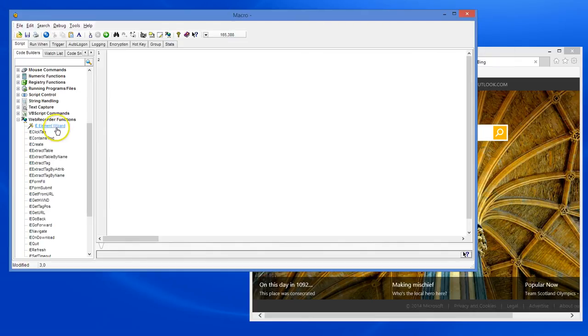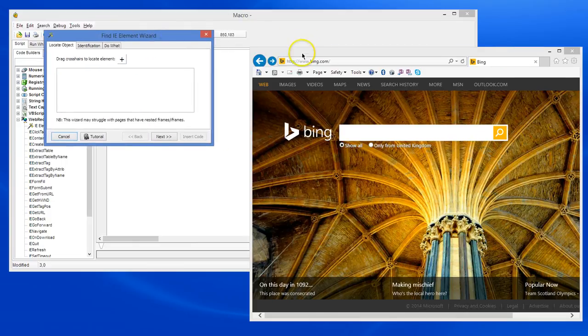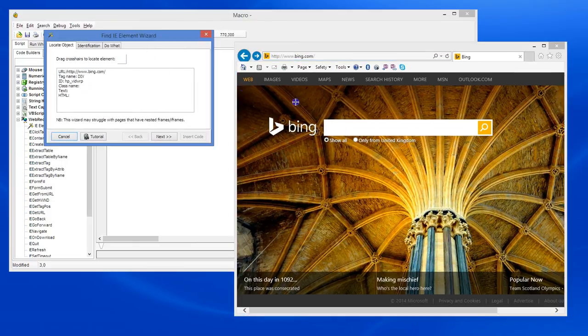So to use the new IE Element Wizard, we click on IE Element Wizard underneath the Web Recorder Functions category in the Code Builder. And what we do is we drag the cursor to an HTML object or element in Internet Explorer. Note it only works with Internet Explorer, no other applications, and it will identify the HTML element beneath the cursor. And so I've dragged it to this input box in Bing,